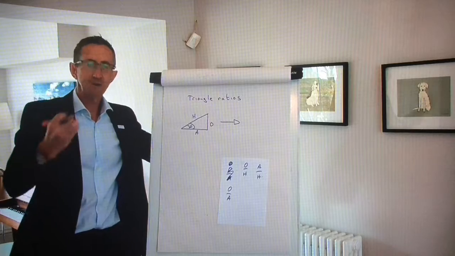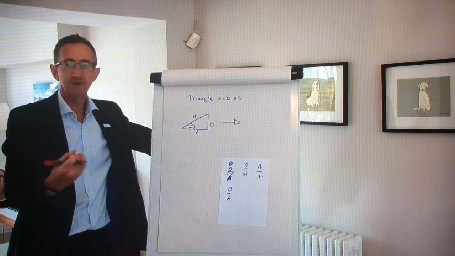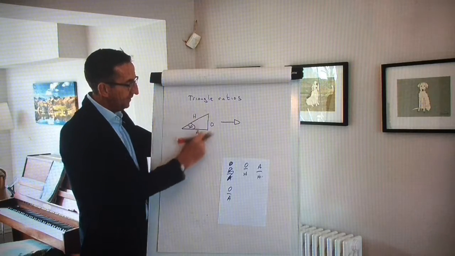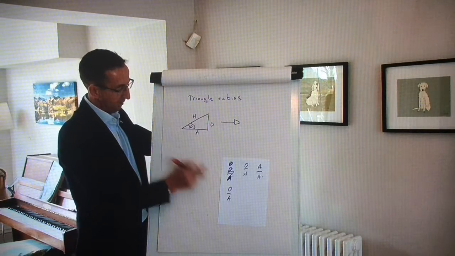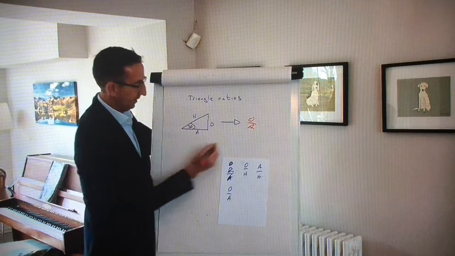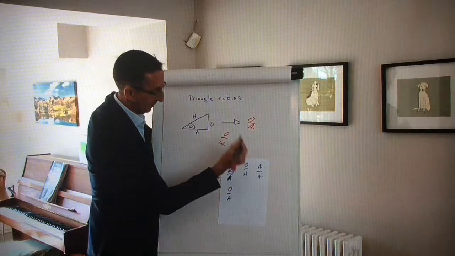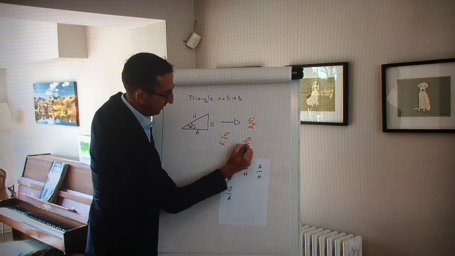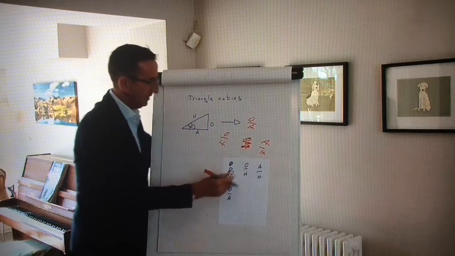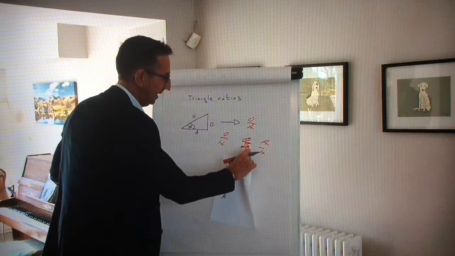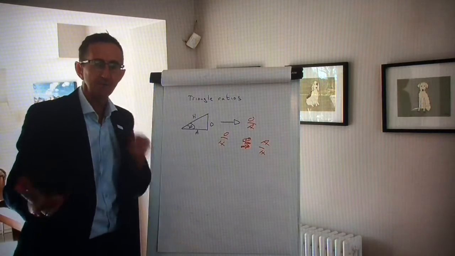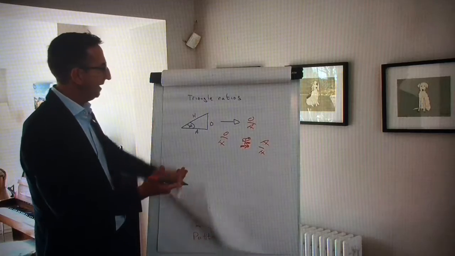The second part of the lesson is you actually start exploring triangle ratios and relationships. So if they know this, you could say, well, what ratios could we explore? We could explore the opposite over the adjacent. We could explore the opposite over the hypotenuse. Or we could explore the adjacent over the hypotenuse. You can say these are ratios, and you can explore the difference between ratios and fractions, similarity between ratios and fractions, and get them to actually